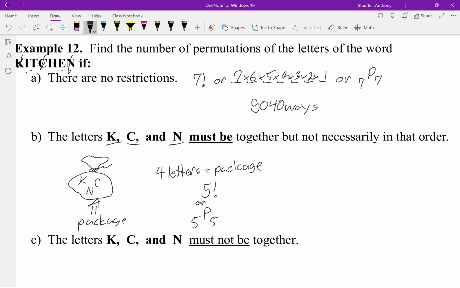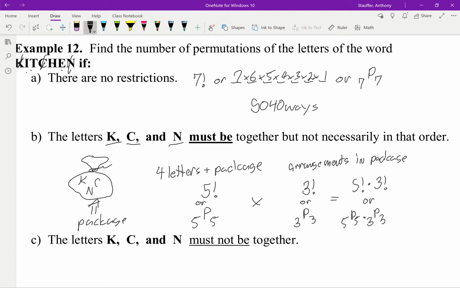But then I have the arrangements in the package. So my arrangements in the package would end up being, well, 3 letters, so 3 factorial, subsequently 3p3. And then we multiply these, so I end up getting 5 factorial multiplied by 3 factorial, or subsequently 5p5 multiplied by 3p3, and doing that, that ends up equaling